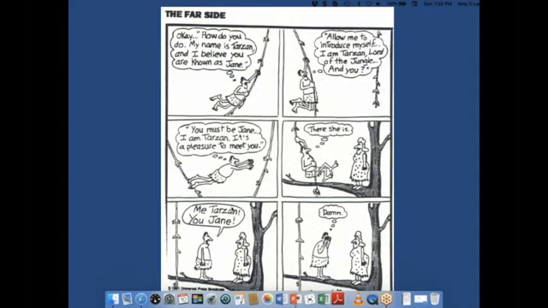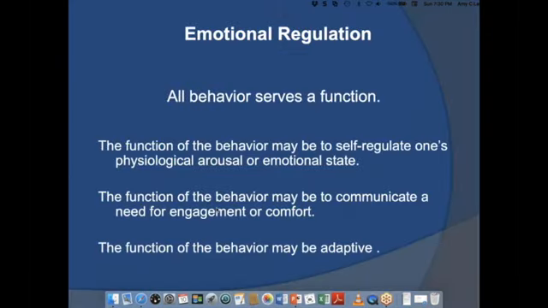So when we talk about SCERTS, we're going to talk about how do we develop goals in social communication, and how do we develop goals in regulation? And oftentimes, how do those 2 things mesh together? How do I support regulation so they can develop the communication skills? How do I support regulation so they can initiate more frequently? That's kind of the partnership that we really want to be thinking about as we're thinking about this model.